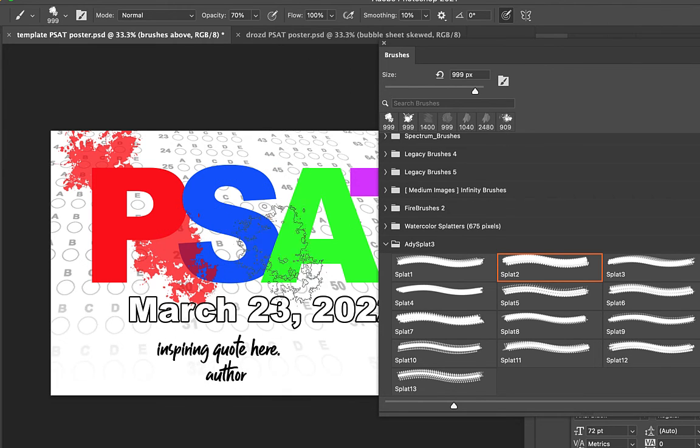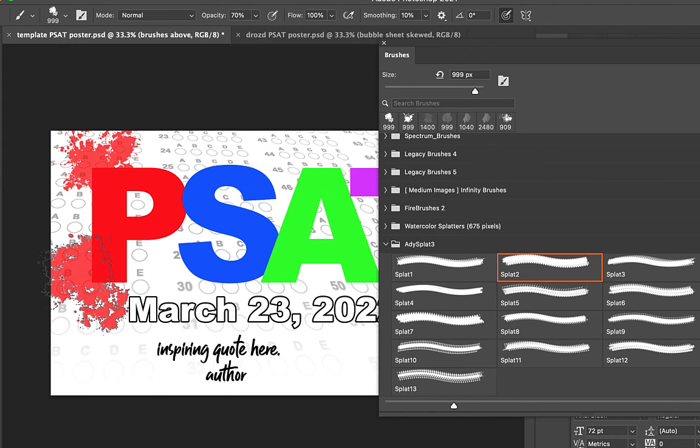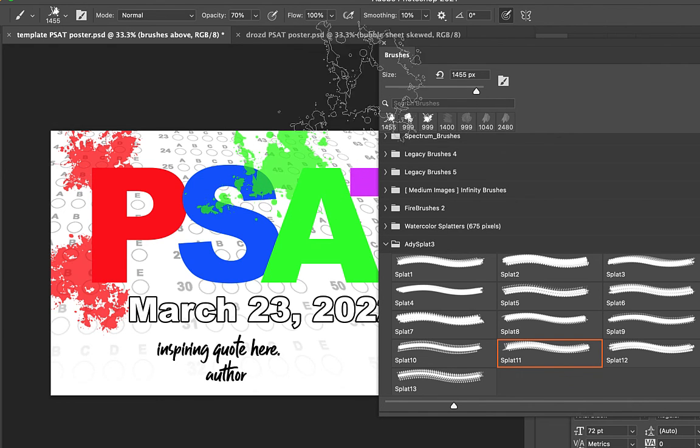And you'll notice that it's overlapping on the blue, which I like. Although I'm not loving this location because this P all of a sudden looks a little bit like an R. So we're going to think critically about where we're planting these brushes. That looks awesome. That looks so cool. I'm going to press I for eyedropper. And we want to be subtle. So we don't want to go buck wild with it. It's just a little bit here and there to add some dimension, to add some flavor, to spice up